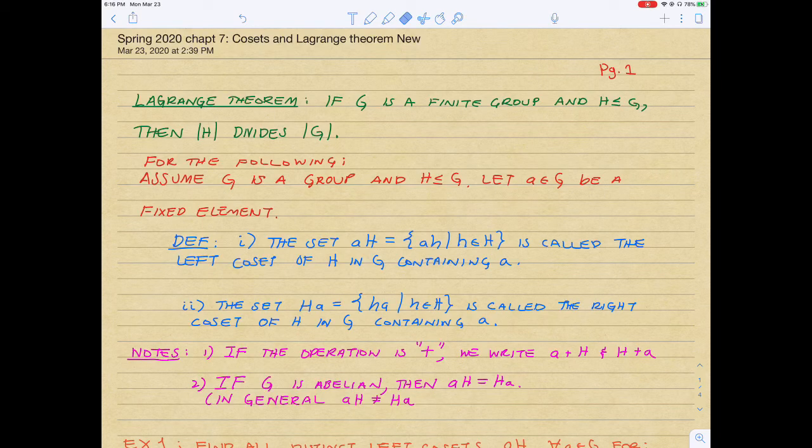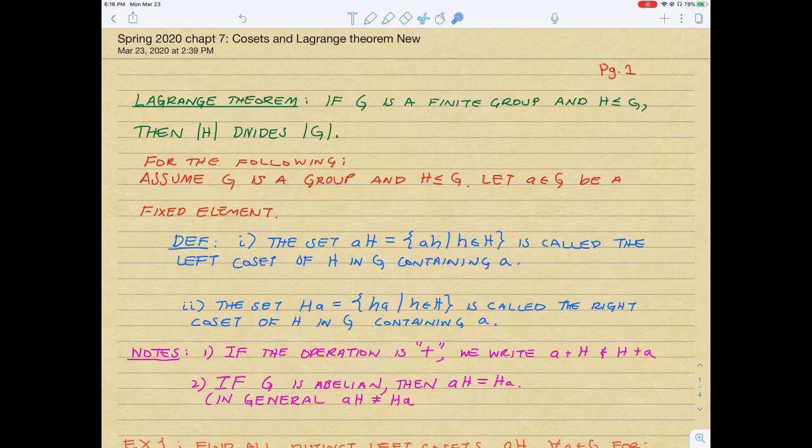Okay, so we are moving to chapter 7, and this is Cosets and Lagrange's theorem. Lagrange's theorem, because we're actually not going to get to rings, but we will be able to finish up groups. Lagrange's theorem is a famous theorem in group theory, and it basically